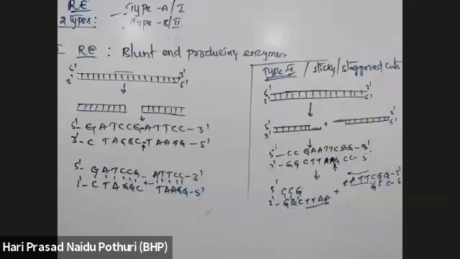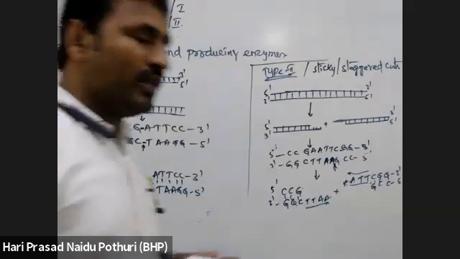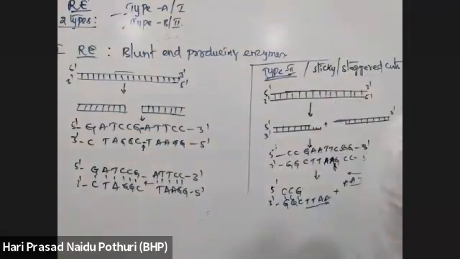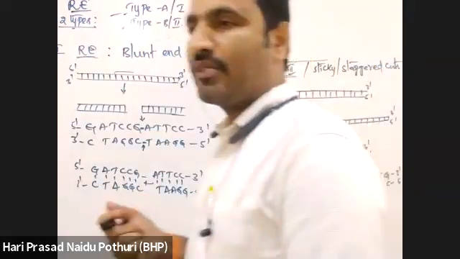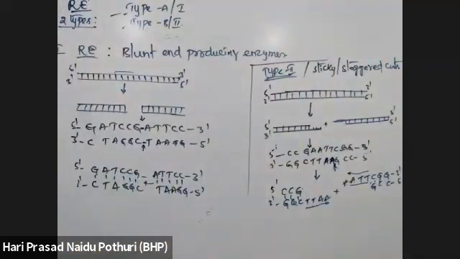When we increase the temperature, what happens to DNA? DNA will separate into two different fragments by breaking the hydrogen bonds. That break also depends on the hydrogen bonds, like AT pairs and GC pairs. A DNA which has more AT pairs has a lower melting temperature, Tm. Less heat is sufficient to break the DNA which has more AT pairs.